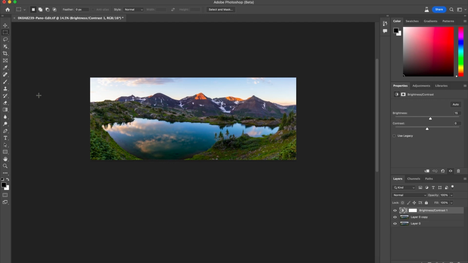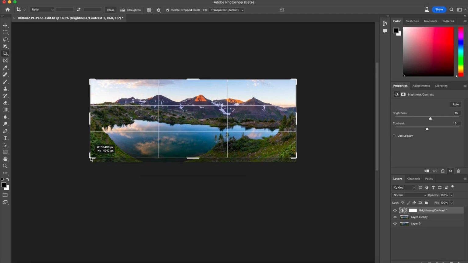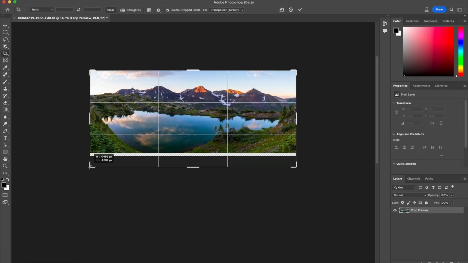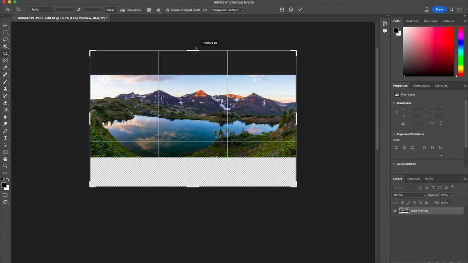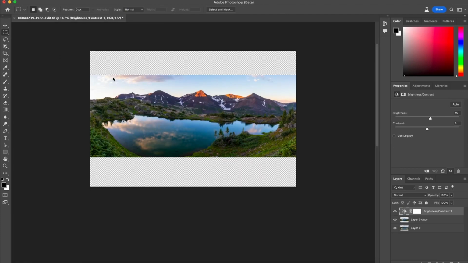So I wanted to try this beta version and see if the generative fill would be able to help me out here. So what I'm going to do is expand the section and then go to this rectangular mask tool to leave a little bit on the top